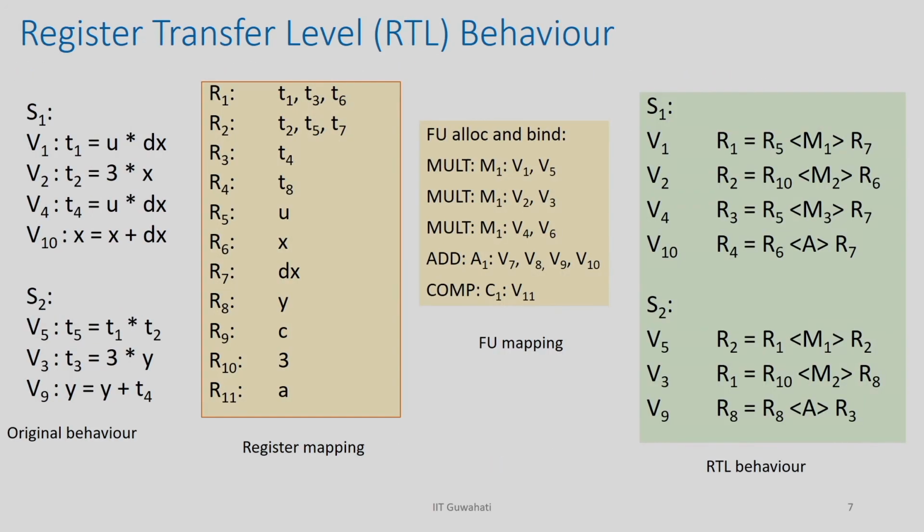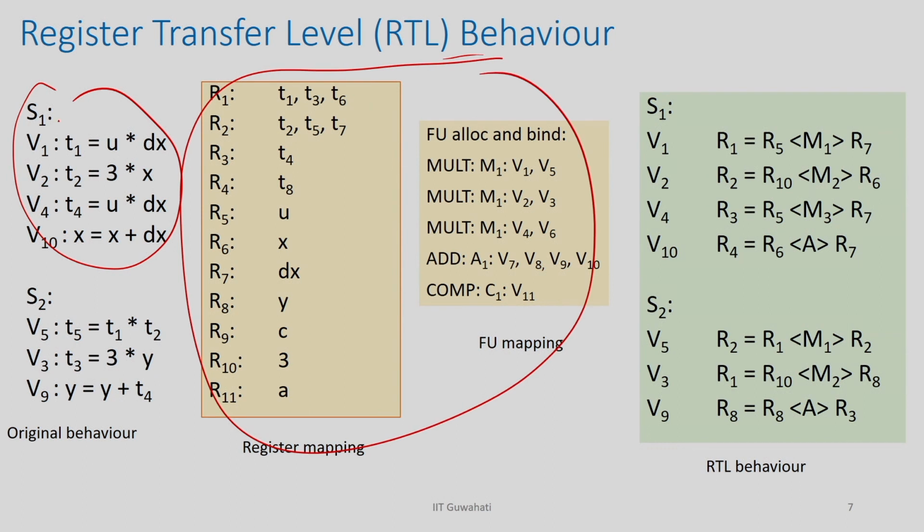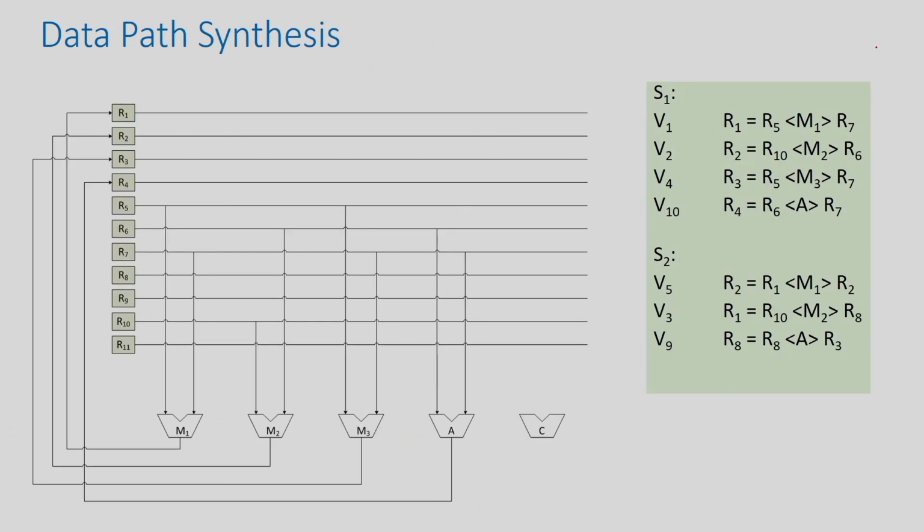Okay. So, for this example I will just try to show you how the mux based connections happen very quickly. We have already discussed that if I combine this and this, and this and this, I will get this RTL behavior. Suppose I have this RTL behavior with me now, and I have to make the mux based connections. Here there are 5 FUs, and these are the 11 registers, and I have to put muxes here because many operations can come here, and you have to put a mux at the input of the registers, right.